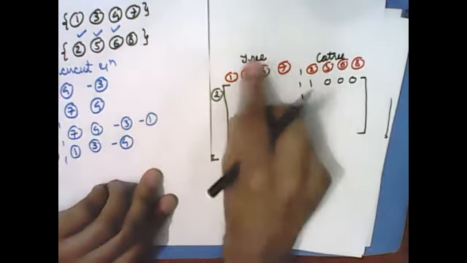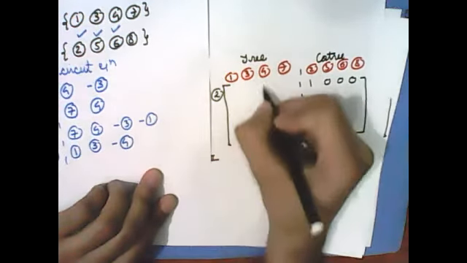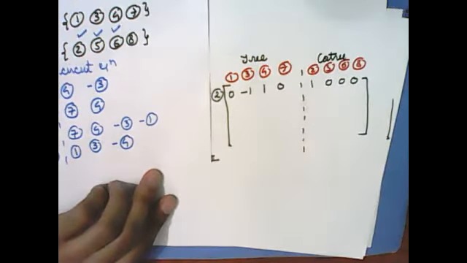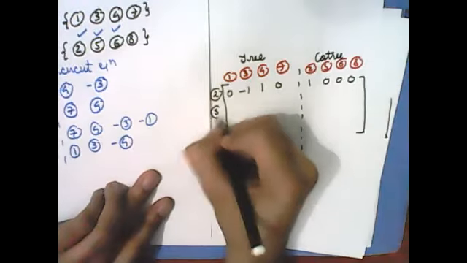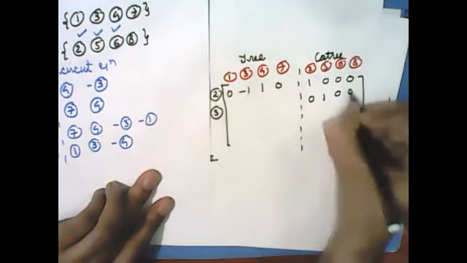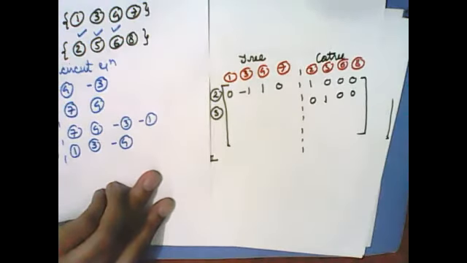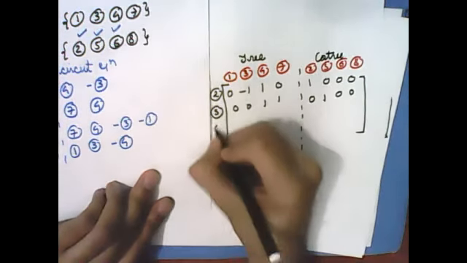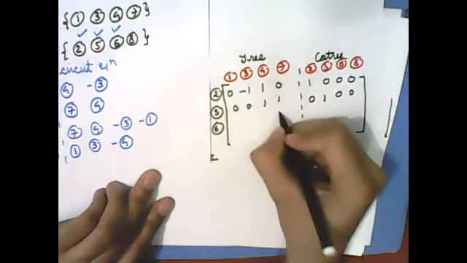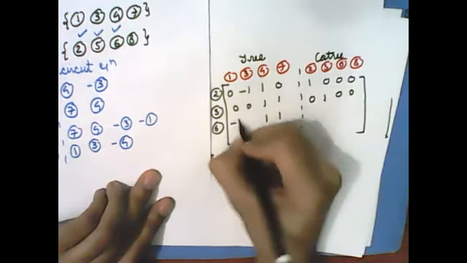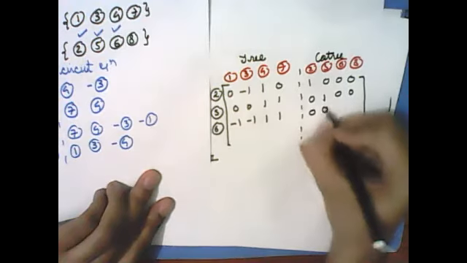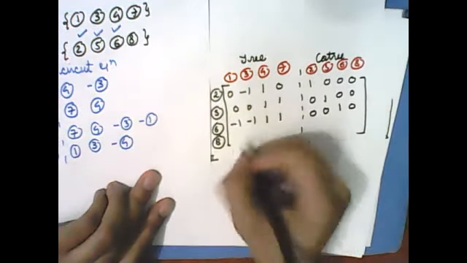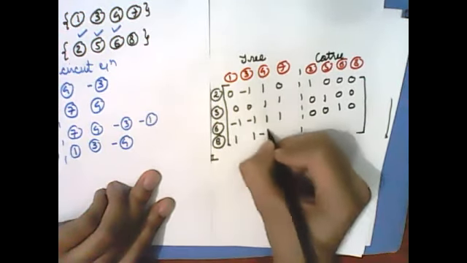And edges कौन-कौन सी या branches कौन-कौन सी present हैं? 4 with positive sign, 3 with a negative sign, both are absent. 1 and 7 are absent. फिर 5 के लिए लिखते हैं. 5 is present, rest all are absent. 7 and 4 are present with a positive sign, 1 and 3 are absent. 6 के लिए लिखें. So 7 and 4 are present with a positive sign, 1 and 3 with a negative sign, no problem. 6 के लिए लिखी है. अब 8 के लिए लिख रहे हैं. 8 के लिए 1 is present, 3 is present, 4 is present with a negative sign.